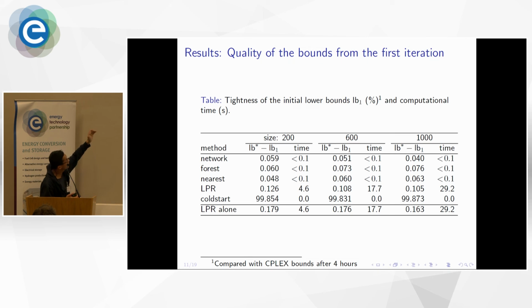And random forest and nearest neighbor are supervised learning. And LPR is something we find in the literature. It doesn't do any learning, but it's a standard method people use. And cold start is just y equals 0. As we see, our method can output a very good prediction in very quick time. And then second best is the